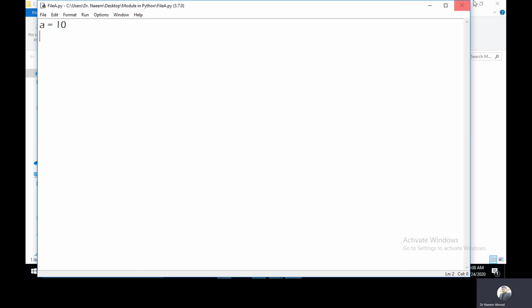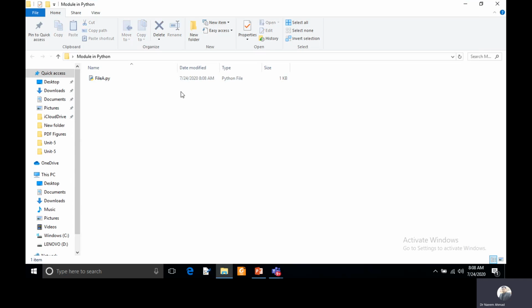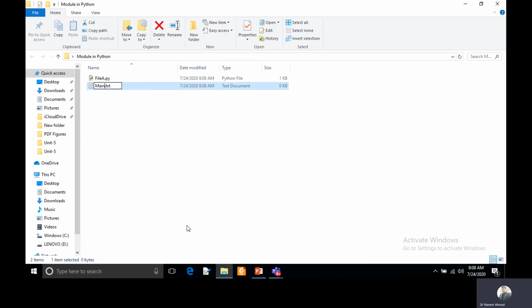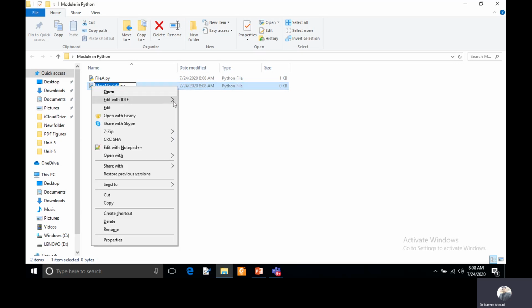One variable we are creating, and I'm creating another file, and I'm calling this file main module, with the .py extension. And now this is my main file.